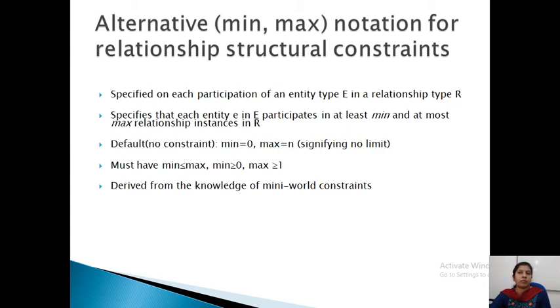When we are specifying min-max notation, minimum must be less than or equal to maximum, minimum must be greater than or equal to 0, and maximum will be greater than or equal to 1.